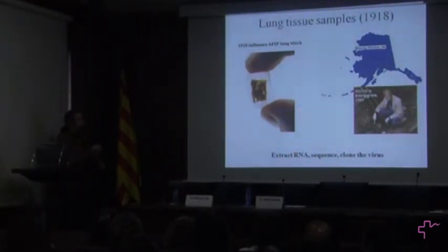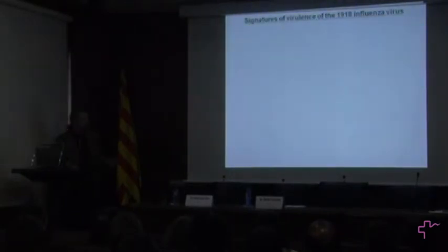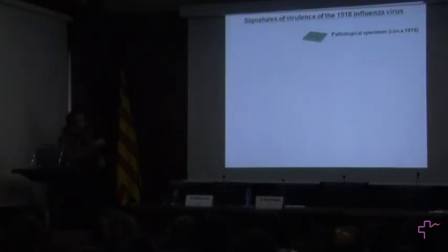By extracting RNA from these samples and using modern amplification and sequencing techniques, it has been possible for Jeff Taubenberger to sequence the genome of the 1918 virus and clone the genes that encode the virus. And we started a collaboration with Jeff Taubenberger. At this moment, we have developed techniques to make influenza viruses from recombinant DNA. So you can take a specimen of a person that died of influenza virus infection in 1918, sequence the genes,